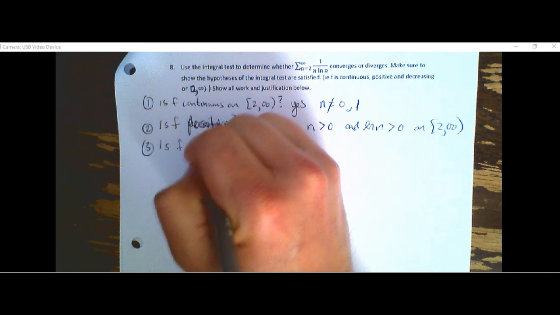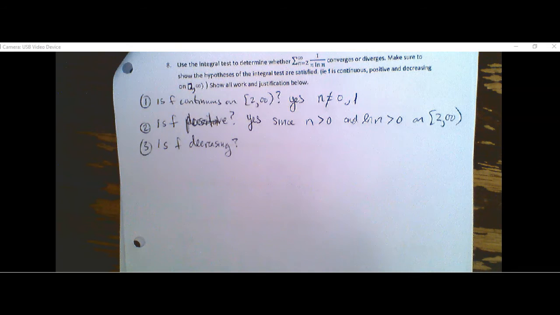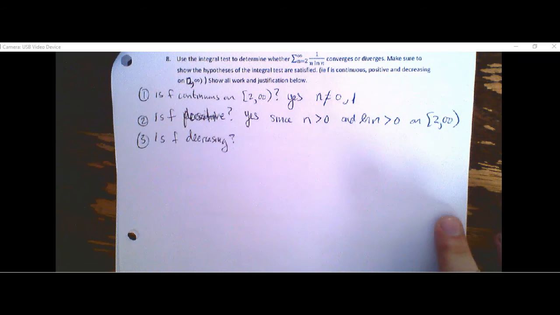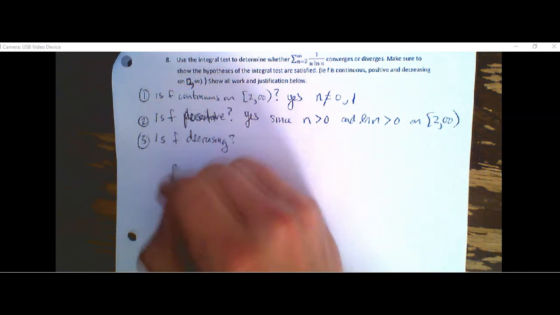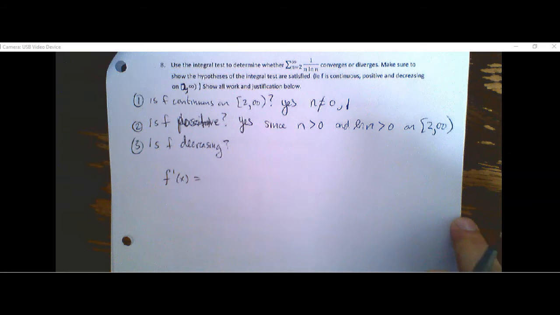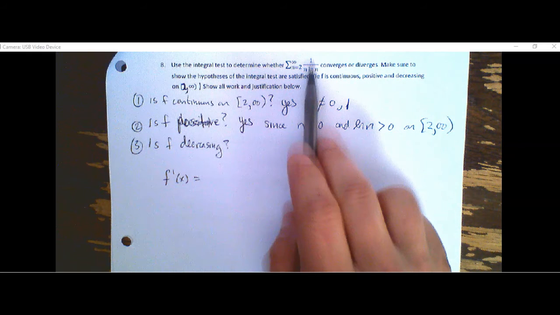Last, we need to show that f is decreasing. Is f decreasing? Well, we can do this using a derivative or looking at the relationship between a sub n and a sub n plus 1. I like to use the derivative. It proves to be a little faster here. Okay, so let's take a look. f prime of x is equal to what? Well, we could do the